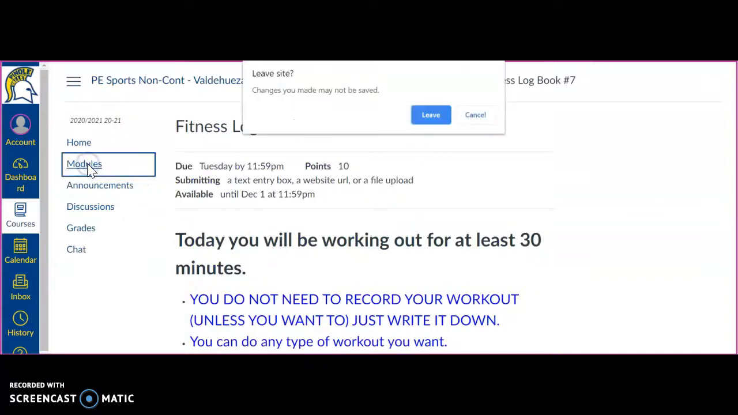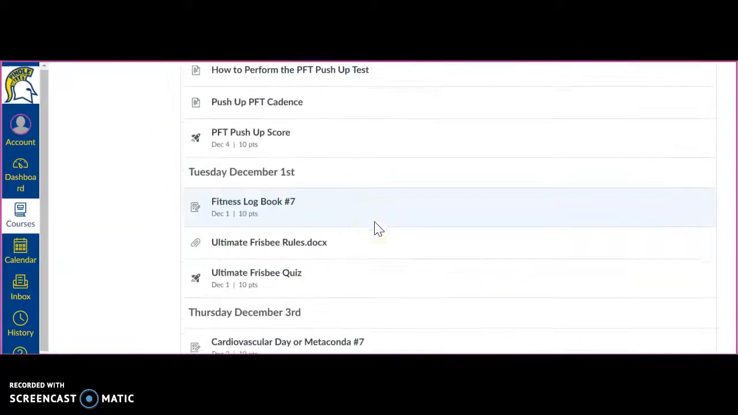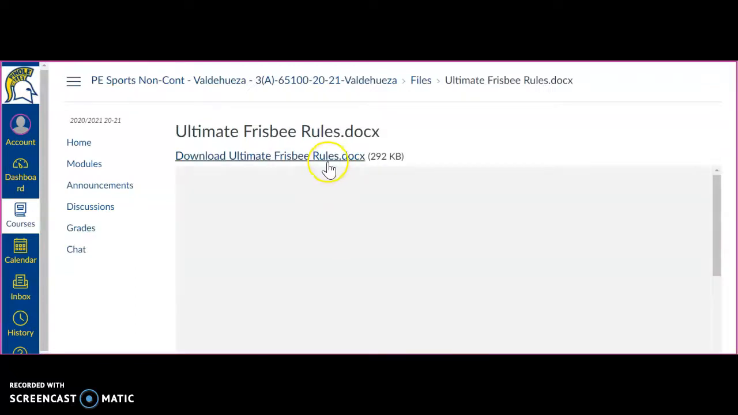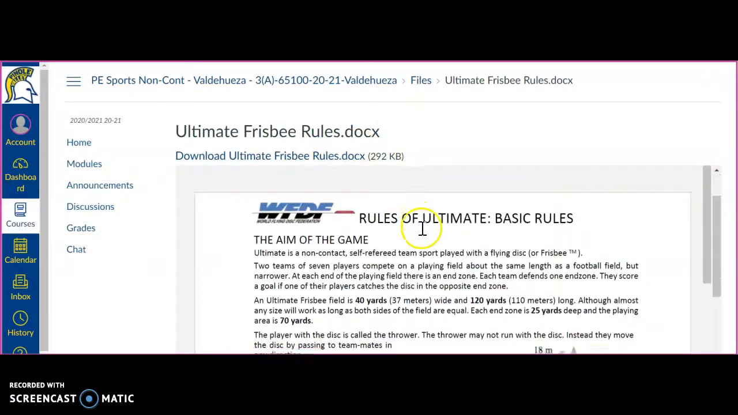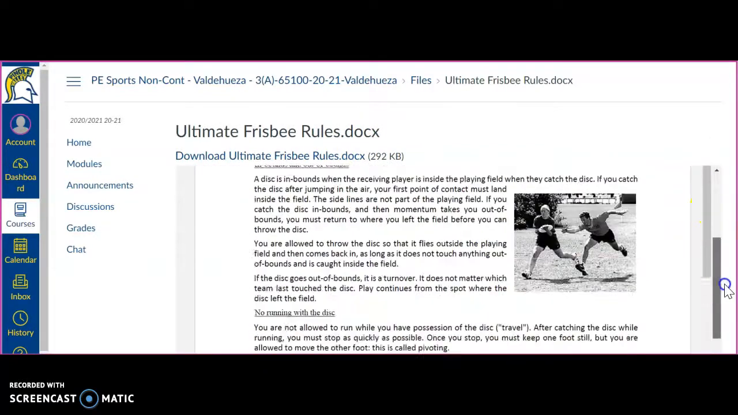And then you guys have your quiz, which is going to be the Ultimate Frisbee quiz. So you're going to read the Ultimate Frisbee rules. You're going to take your quiz. So after reading this, and once again, if the file doesn't open, you can always just click on the link. It'll take you there, but normally they will open. So once you've read through the information,